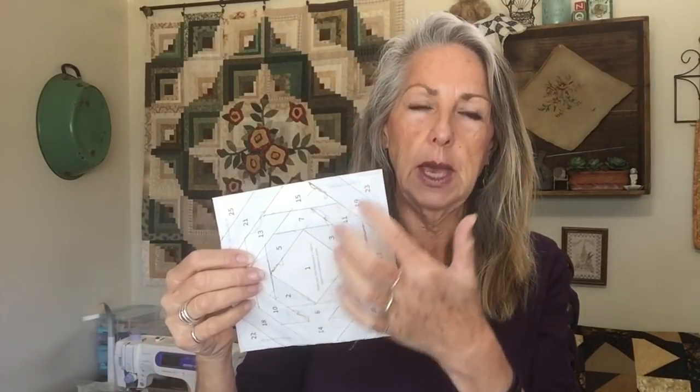And on some, you can color code, because this one was easy for me to stay color coded. But there's another one that I'm going to be doing, and I definitely will need to be color coding it. So as I was looking through things that I had, I thought, oh, what other paper piece projects do I have? And there was one